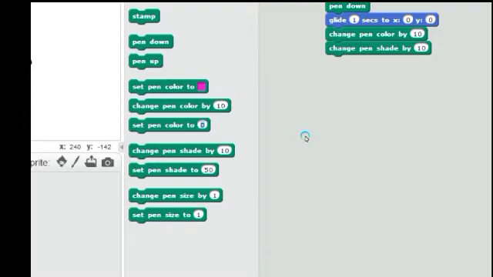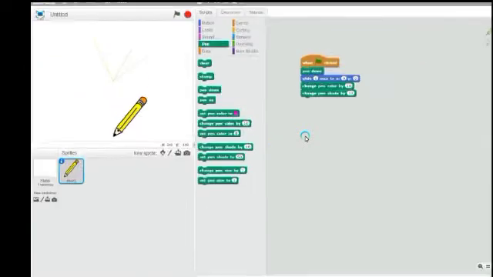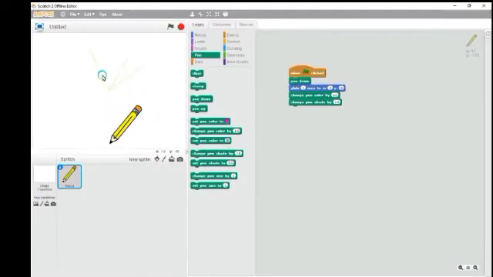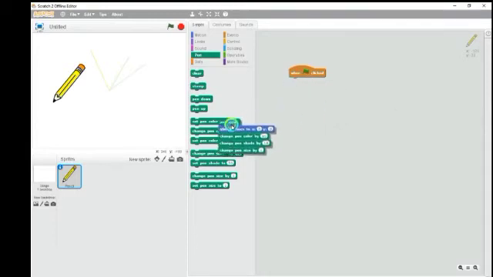You can see on the screen, I will show you. See, now the size of the pen will be thicker. I am changing the size of the pen.